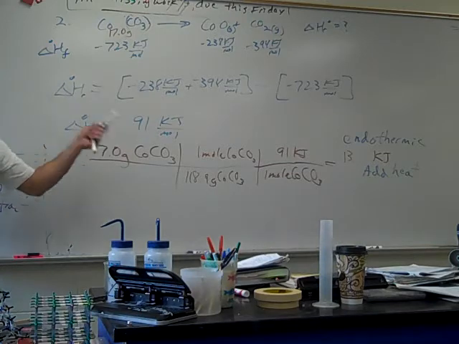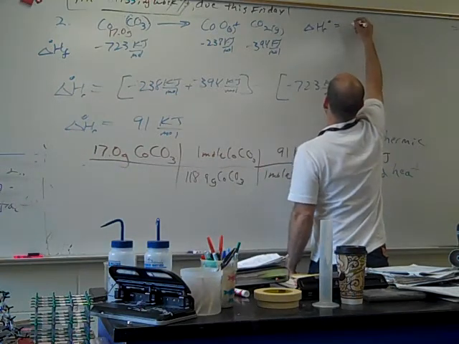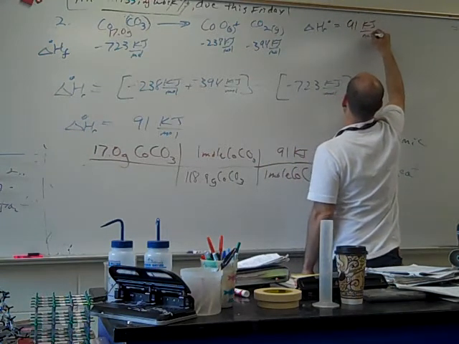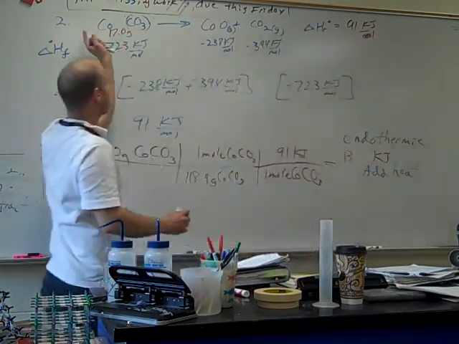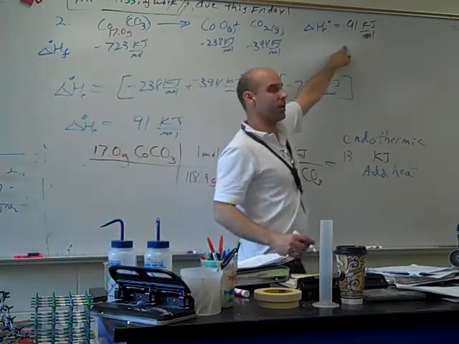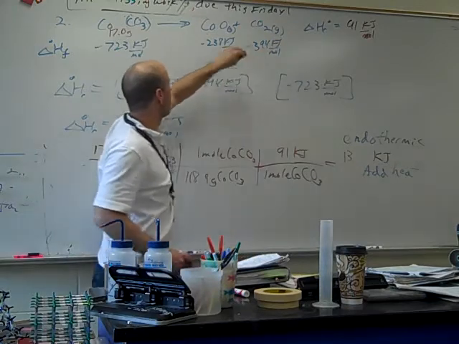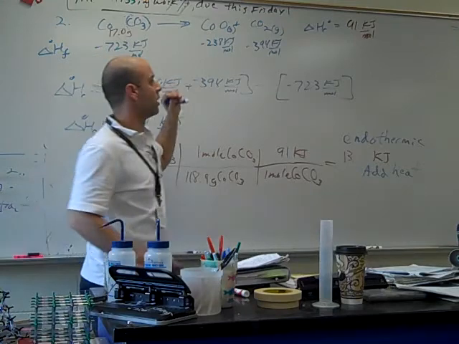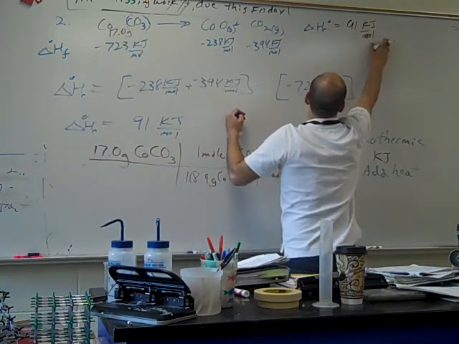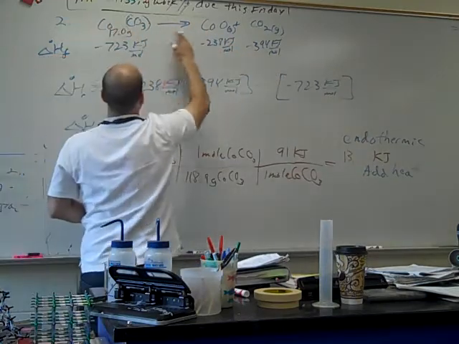Now, if it's endothermic, it means you have to add heat. Usually, but not always, we write the delta H of the reaction as a separate little dealio off on the side. So here's my reaction, and I write my delta H of R off on the side. You can put the energy as part of the reaction, like another ingredient. So instead of writing it separately like this, I could put the 91